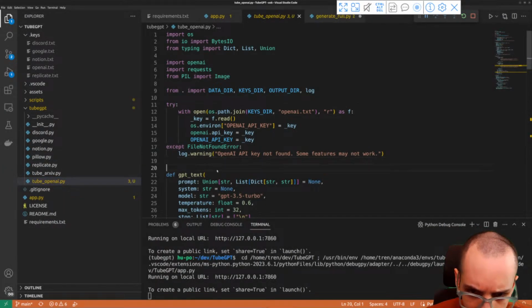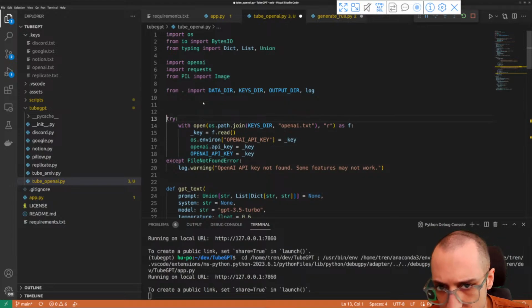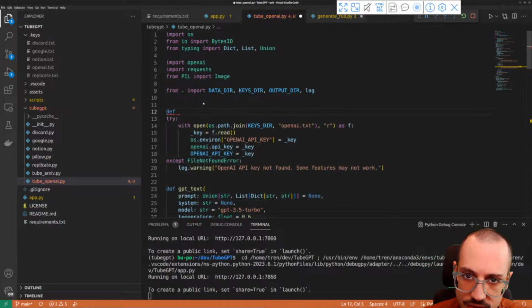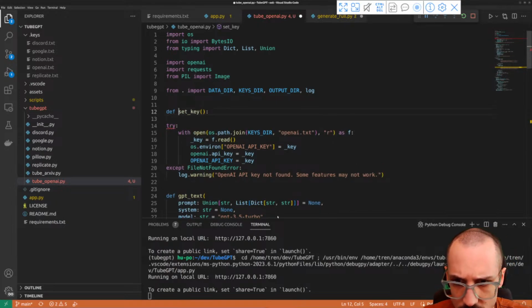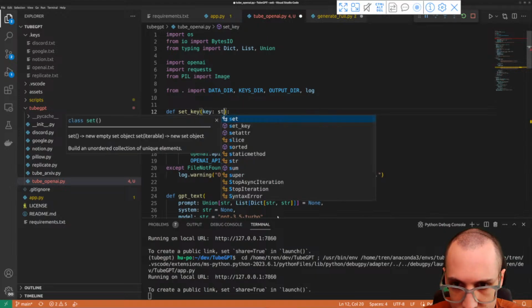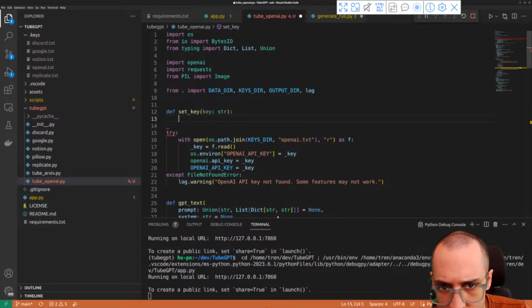Okay, and then we're going to take this key logic that we have here, and we're going to wrap it inside a function here. So let's say define set key, and we get a key string, and